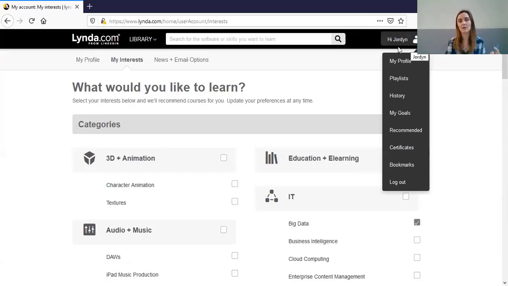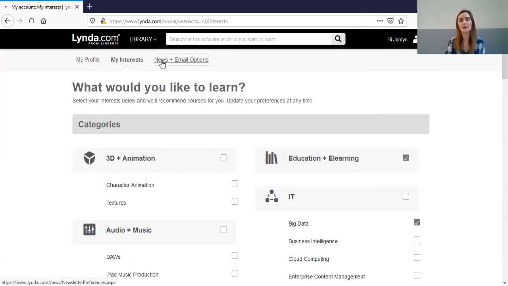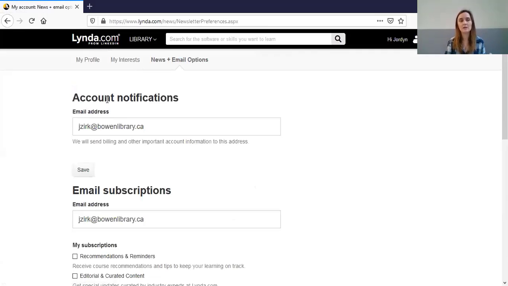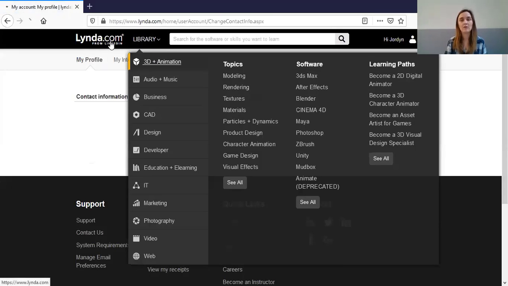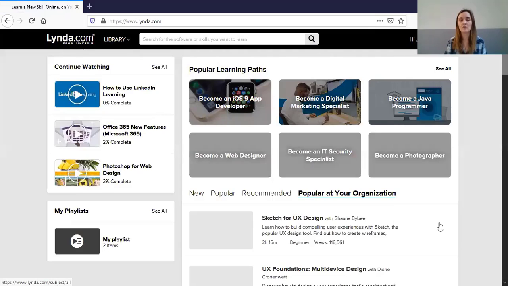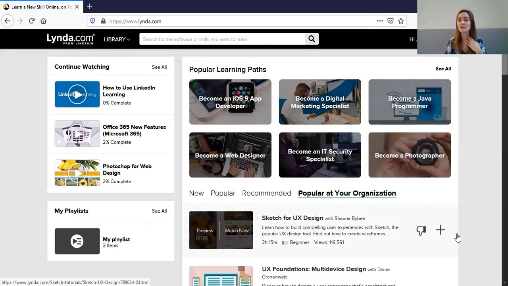So that is, again, within your profile, some things you can add. You can always add more email and news options if you want to get notifications. I did add my email address on there, just so I will get updates on certain things, but you don't have to. Going back to the front page,